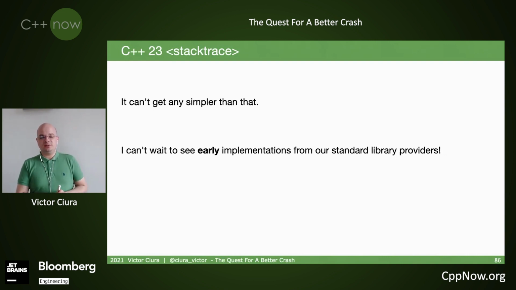So I'm very anxious to see how easy it would be to replace all our specific Windows machinery that I've shown in these past slides with the standard implementation once it becomes available and somewhat stable. So I'm really curious if I'm going to be able to replace everything and not lose any functionality that we deem important for our workflow. So I'm really happy to see this in the standard.